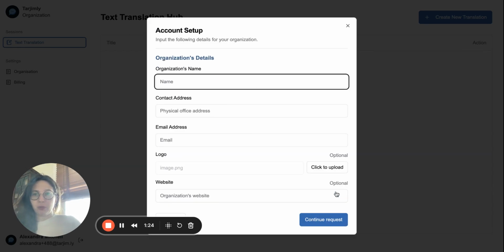I'm going to choose I'm part of an organization. Here, it's better to be specific where possible. So if I know that there may be multiple departments or multiple locations in my organization that might sign up separately, in that case, I would want to choose a name which reflects my organization, but maybe the department and location. So for example, I would put here Tarjimly UK, for example,